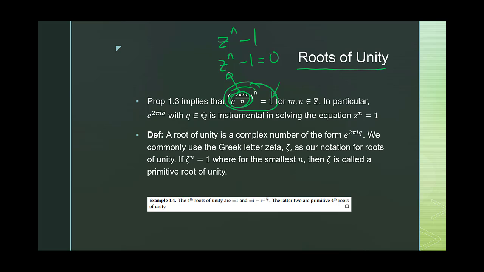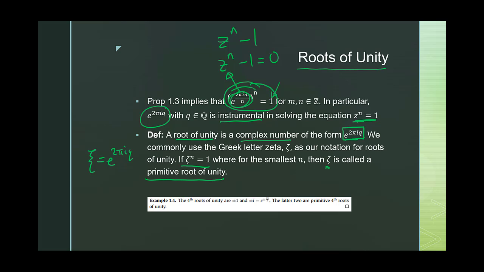Okay, so in fact, e to the 2 pi i q, where q is some rational number, gives you a lot of power when you're trying to solve these equations. So we give them a special name. We call them roots of unity. So a root of unity is just a complex number of the form e to the 2 pi i q. Now, mathematicians being efficient, we usually don't want to write e to the 2 pi i q, so we use the Greek letter zeta to denote this exponential. Now if n is the smallest such that zeta to the n equals 1, then we call zeta here the primitive root of